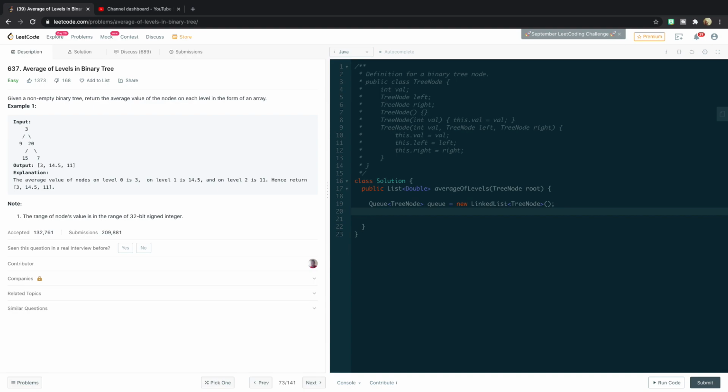So let's see. Now, let's enqueue a, yeah, so queue dot add, I think it's queue dot insert root. All right, so we're inserting the root, and then, yeah, the way this is going to work, we're going to say while the queue isn't empty,